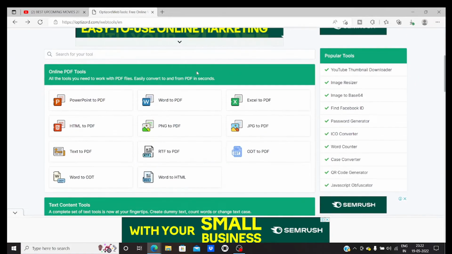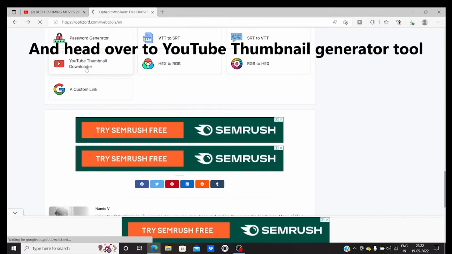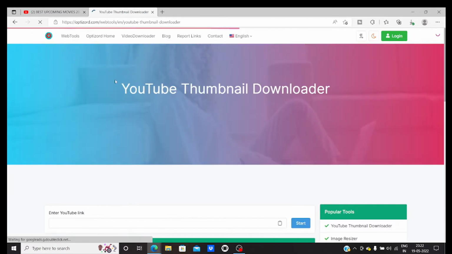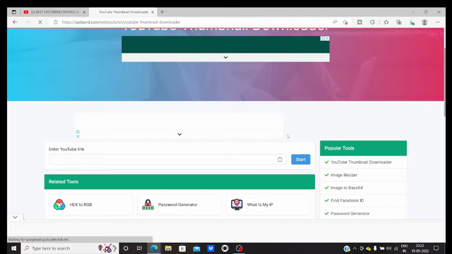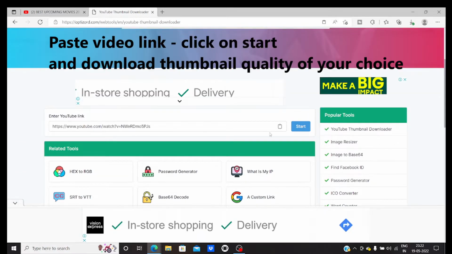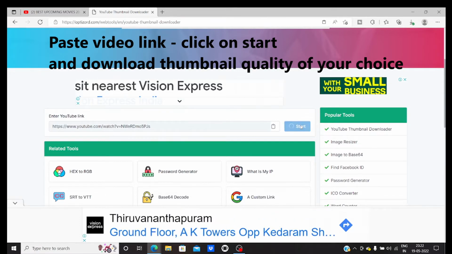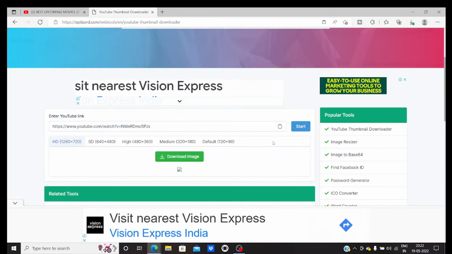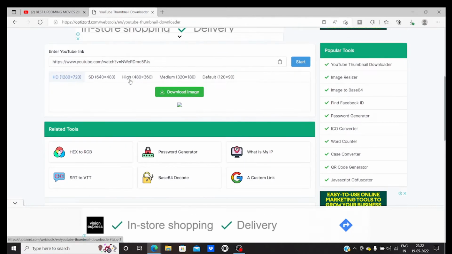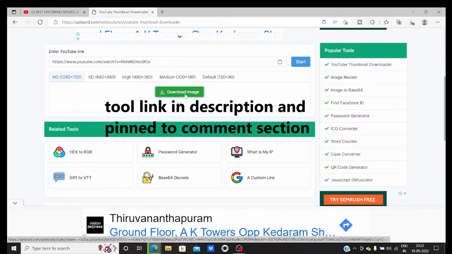Under web tools category, when you scroll down, you will come to this particular area where you have YouTube thumbnail downloader. Once you click on that, the YouTube thumbnail downloader will load, and all I do is paste the video link on the YouTube thumbnail downloader and click on start. So once you click on start, you can download YouTube thumbnails in different qualities. Then you click on download image,